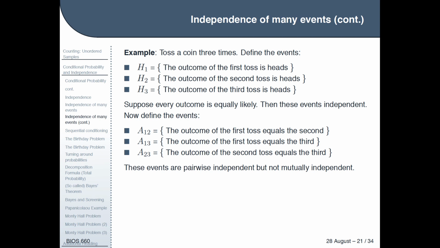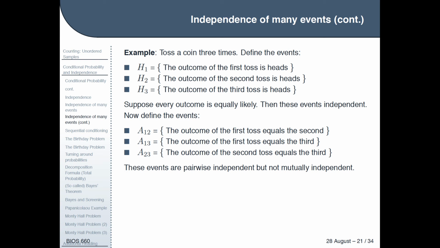That, for example, if you toss a coin 3 times and say H1 is the first one is heads, H2 is the second one's heads, H3 is the third one is heads, then again assuming the coin is fair, these events are independent and mutually independent as well. But if you do a slightly more complicated definition where you say A1,2 is the first 2 tosses are the same, A1,3 is the first and third tosses are the same, and A2,3 is the second and third tosses are the same,